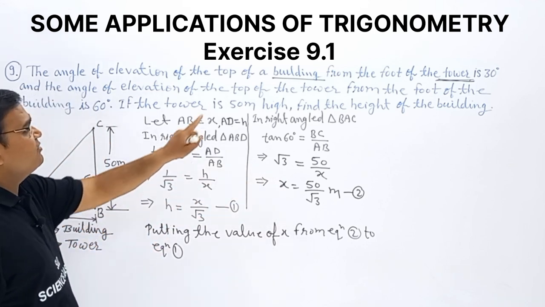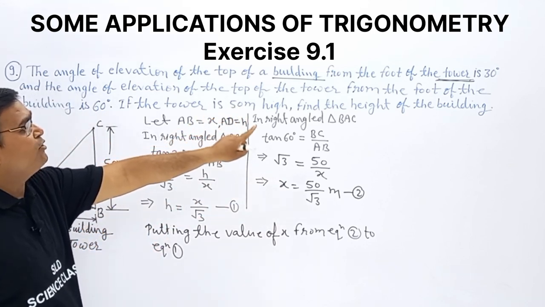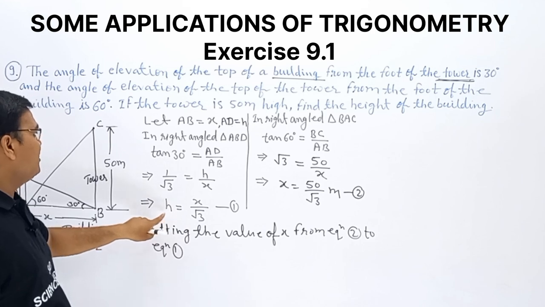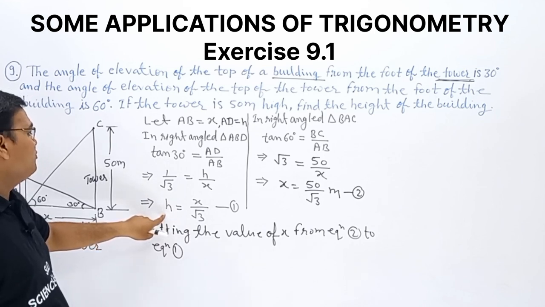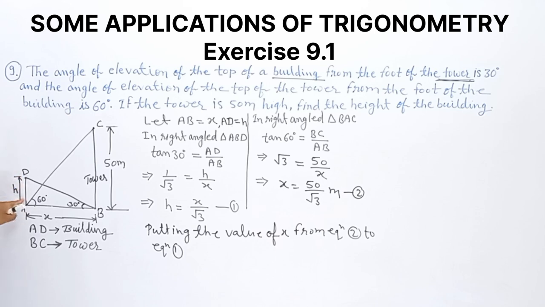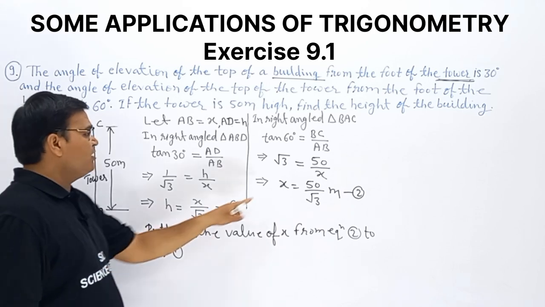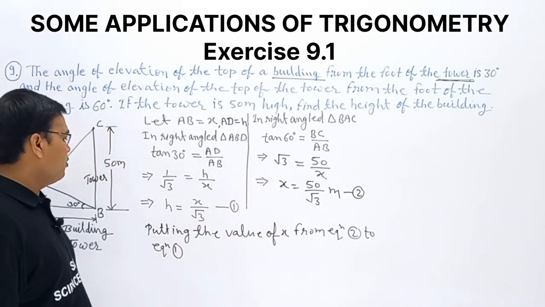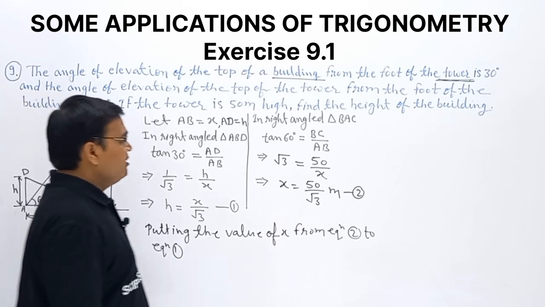Now we require to find, we want the height of the building. So height of the building, we assumed, is h. This is the height of the building and h we assumed. So we are putting this value in this equation. Then what we are getting, observe,